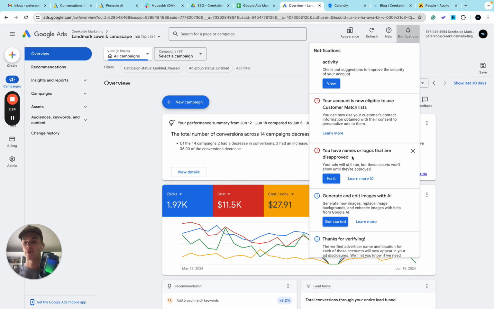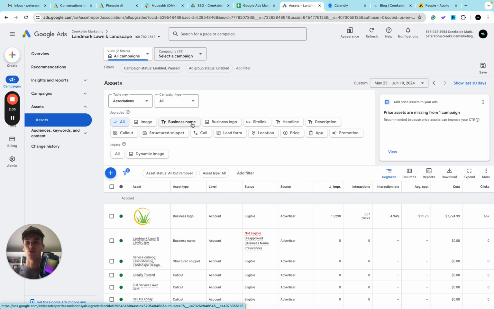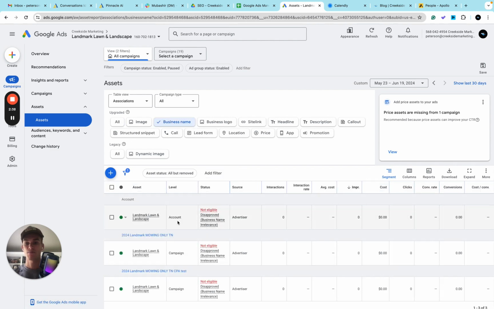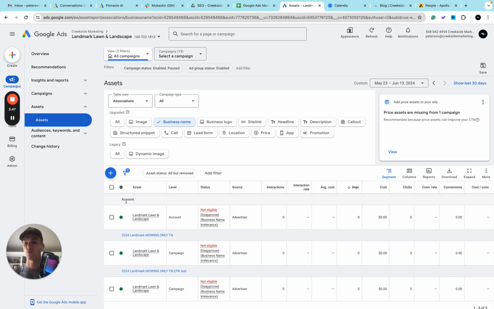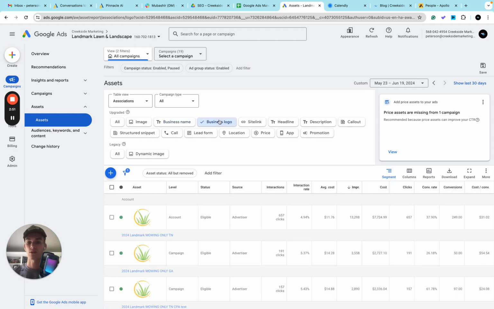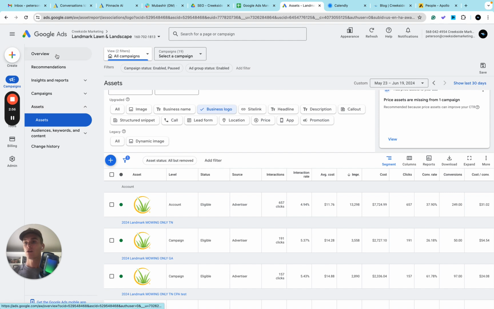It's possible that you don't have the verification in order to get it approved, but typically to fix that, you're just going to go into assets, and you can go to your business name. As you can see, business name irrelevance. This is typically something that we're going to want to go in and fix. We can also reach out to our Google Ads representative to see if they can help us fix that. Same thing with the business logo, but we don't have a problem with our logo currently. Going back to the overview,